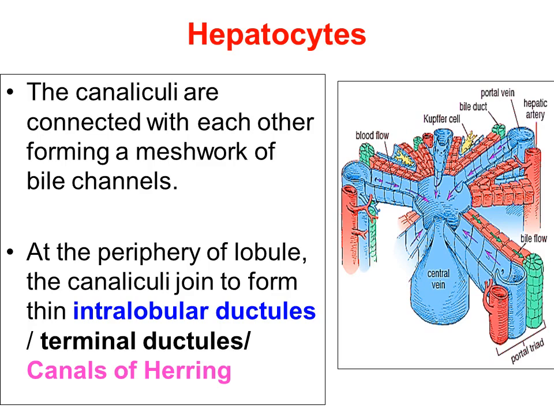The canaliculi thus become connected with each other through delicate intralobular ductules, which in turn become continuous with larger interlobular ductules of the portal tract, forming the terminal ductules or the canal of Hering. Hence, the bile canaliculi function in a centrifugal direction. Also, we appreciate that interlobular ductules are lined by cuboidal epithelium, and in the walls of larger ducts we can see the presence of smooth muscle.